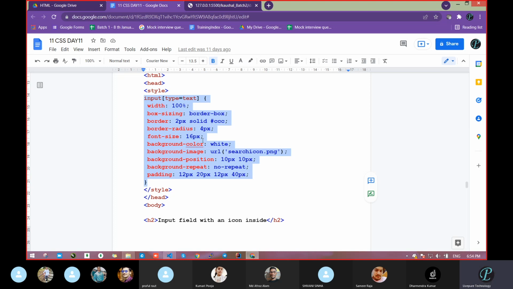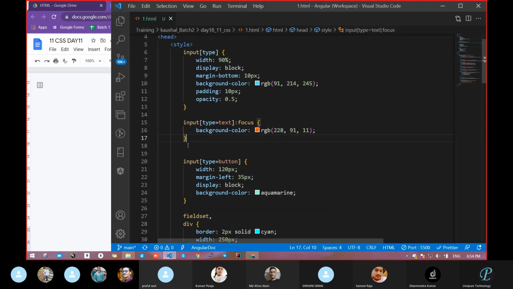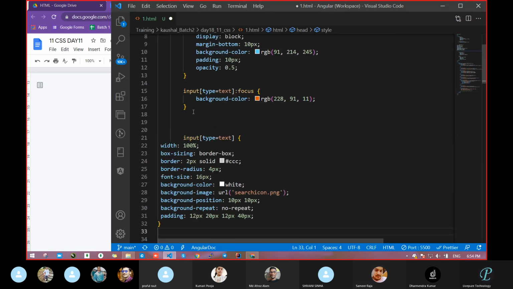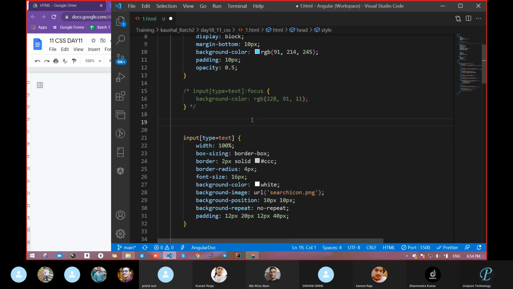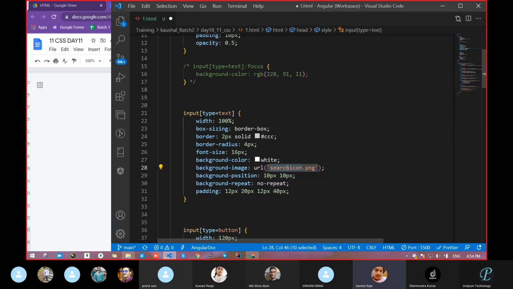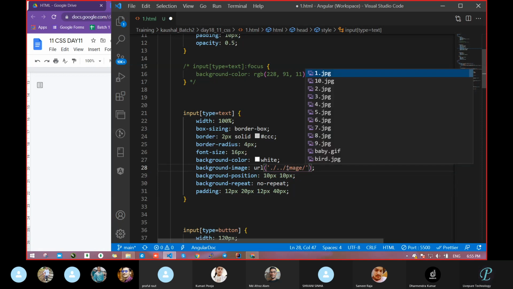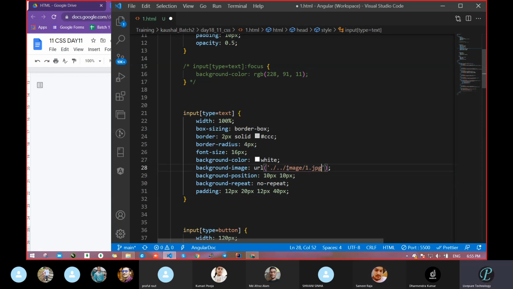Let's take this. Input type equal to text. Let's comment this. I don't have the search image. I will take my image. Take one.